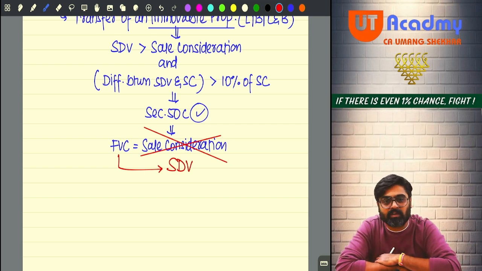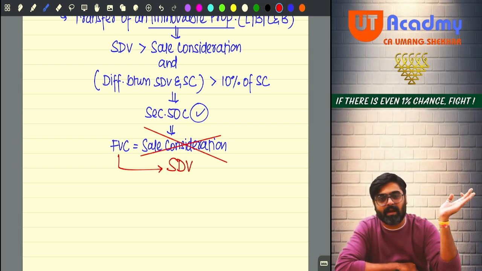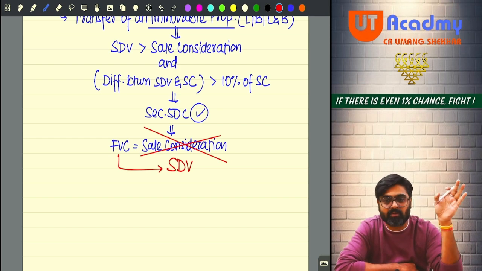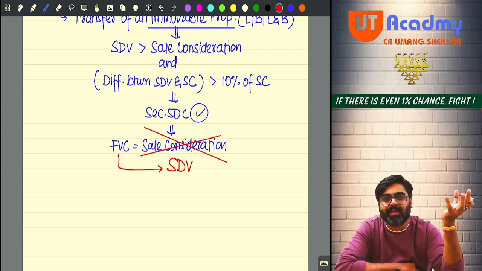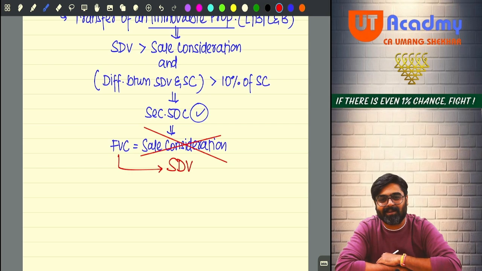Because if you receive that in cash, that is known to you and your buyer only. The buyer is not going to tell anyone that he has given this much cash to you, because he would also have paid you that amount from his black money. And for you, now it has become your black money, income which you are receiving in black. Black means cash income. On that, you are not paying any tax to the government. Getting my point? Definitely, you are not going to tell the government that you have received 20 lakh rupees also as sale consideration for your property.